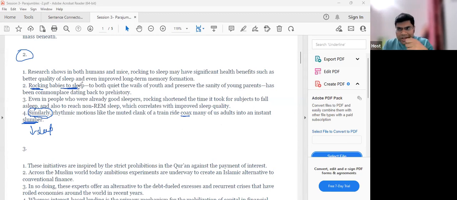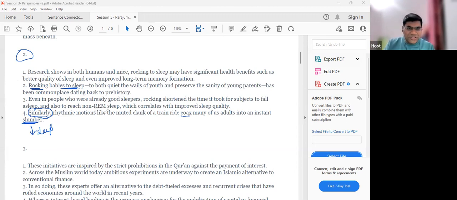So rocking babies to sleep. Small babies, rocking basically means not that. Many people, you should have good vocabulary. Rocking babies basically means the cradle of the baby. If you move it up, move it to and fro, it is rocking. To rock means to move back and forth. So, I had a rocking weekend, that means your weekend was full of movement, dancing or something. So you rock, basically you move up and down or to and fro. So rocking babies to sleep is very common.